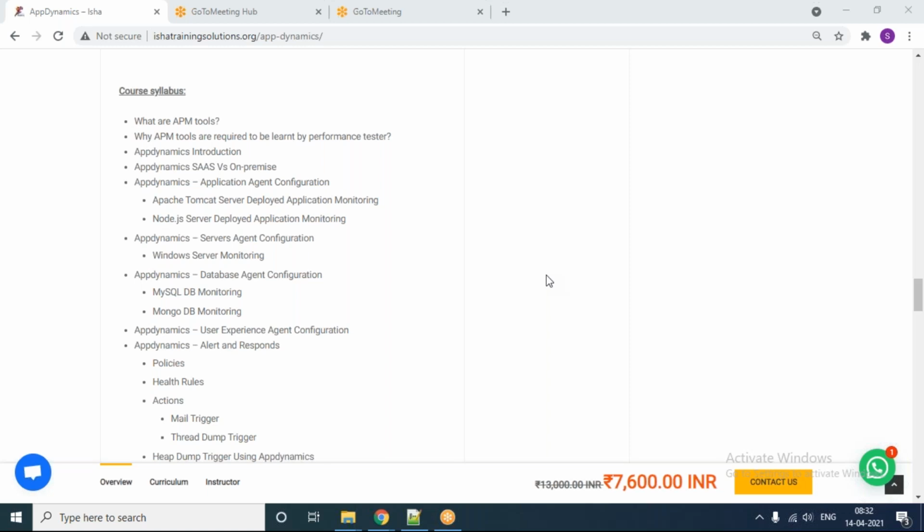Then how the individual agents, be it a Java agent, a Node.js agent, a MySQL agent, a Mongo agent, a user experience agent, or a Windows monitoring agent, each and every agent, how we are going to configure it, so that once you do the configuration in the respective environment, the data comes to your AppDynamics, and how you are going to do your investigation.